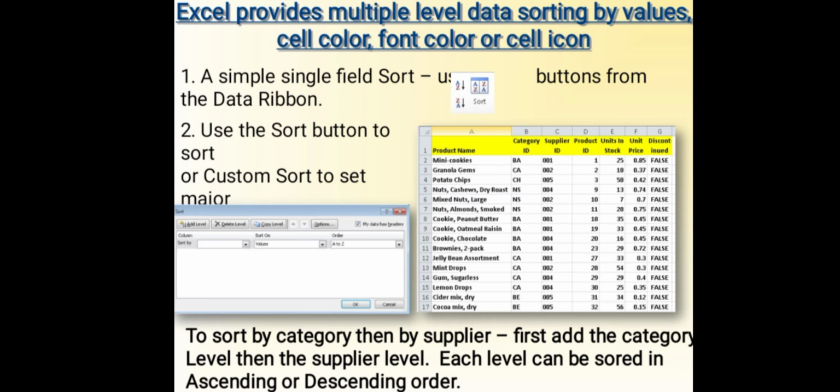Like category id, supplier id, product id, units in stock, unit price, and discount. So these fields are available. Sort by what? Category id or by what, right? Then sort on, right? Accordingly, multiple levels of data sorting can be done depending on the requirement.